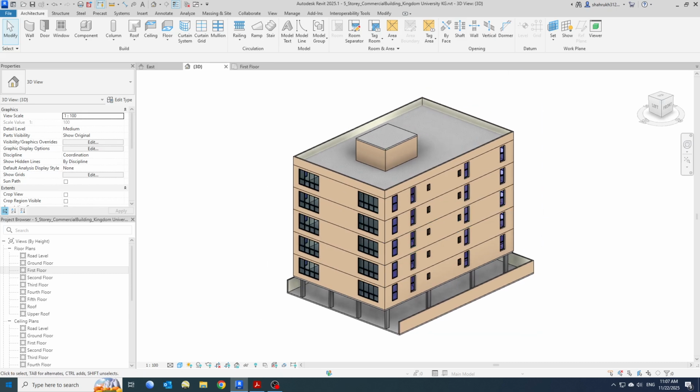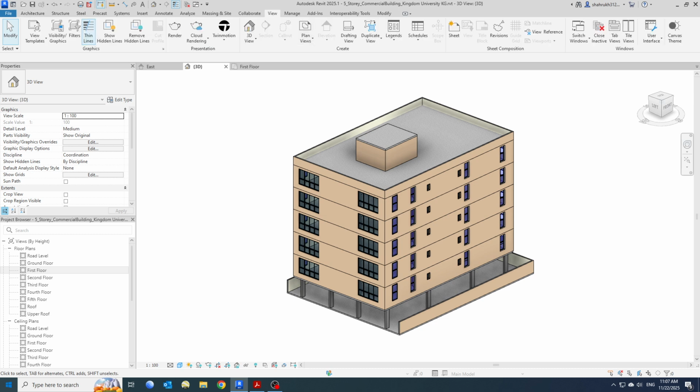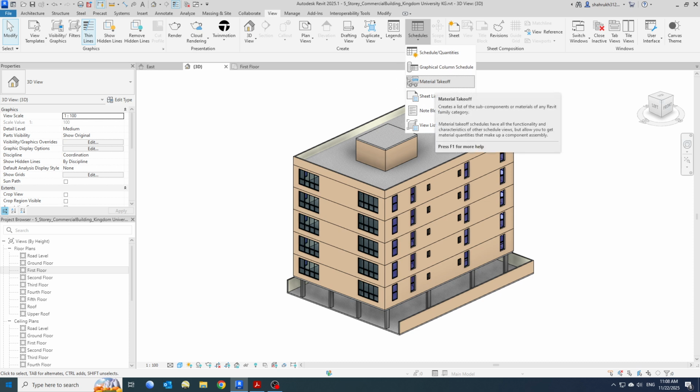Here what we are going to do is go to View, and then go to Schedules. Here, most people make a mistake: they go for Schedule/Quantities. No, since we are working on the material, we need to go to Material Takeoff. So click on Material Takeoff,